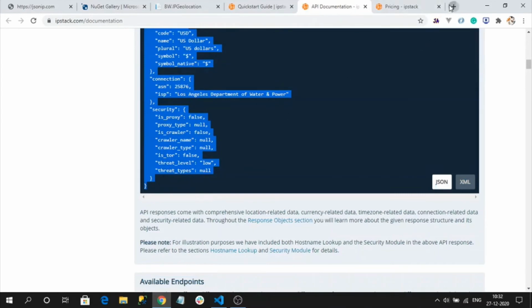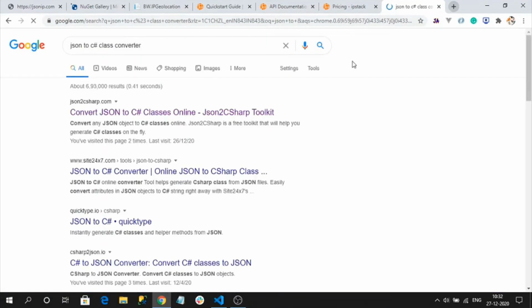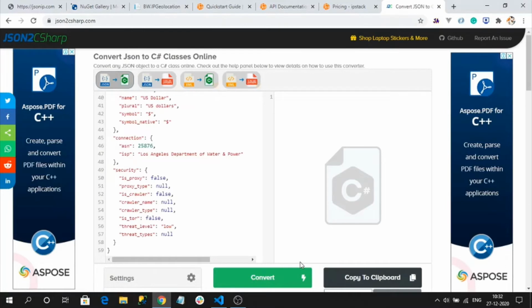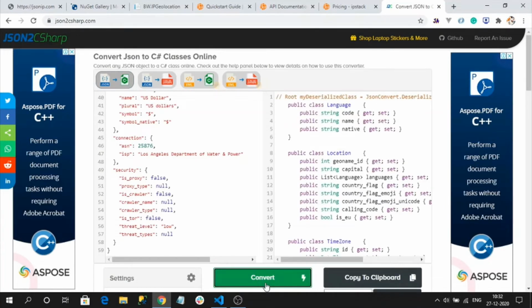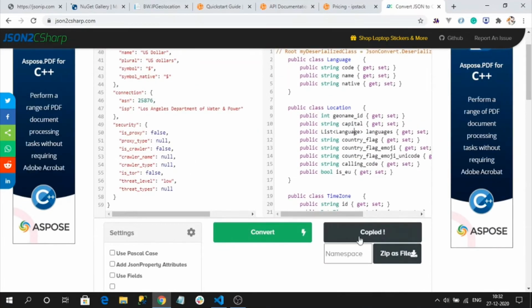I am going to use a JSON to C# converter online website where you can convert and get the C# class. See, now I got the whole JSON model as a C# class. I am going to copy this.